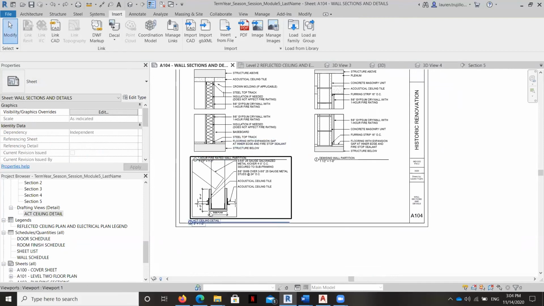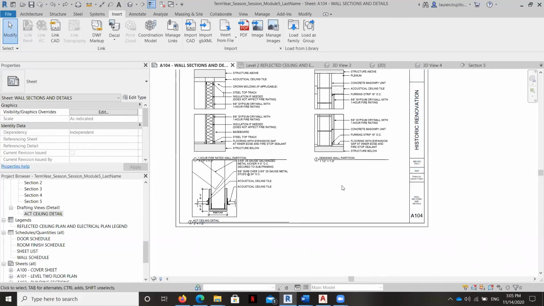But I do have now an AutoCAD file that has been converted into a workable Revit detail and brought in, and now the most important part, saved into the repository so that my colleagues do not have to redo work that I have already done.